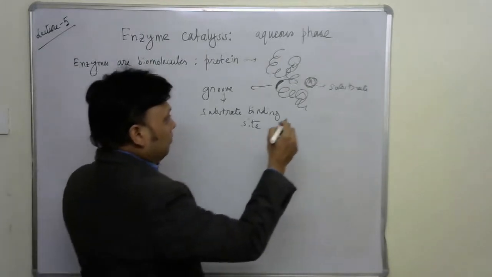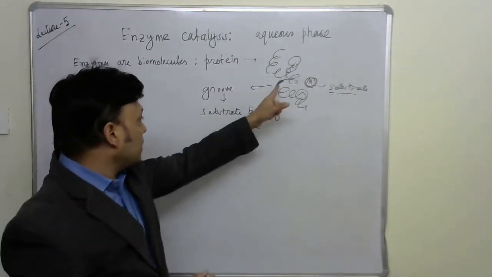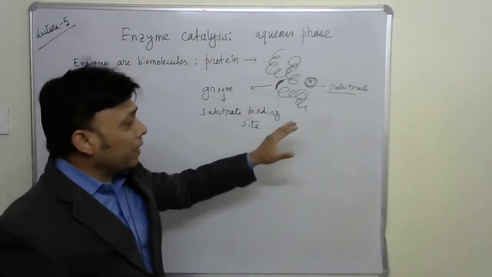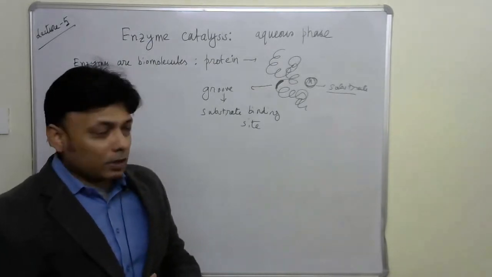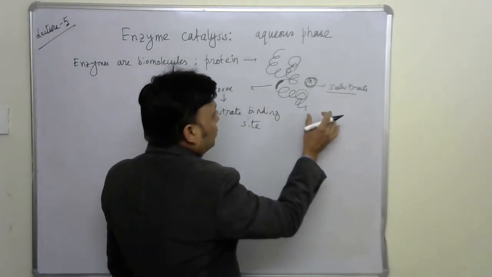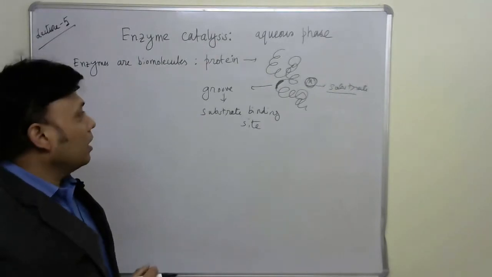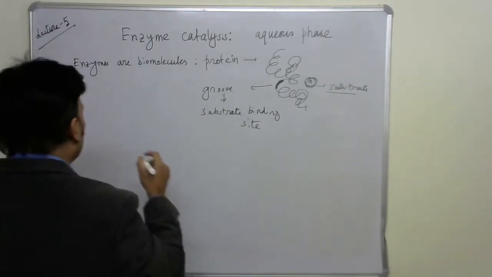If the molecule doesn't bind to the substrate site, or it goes into any other place, the transformation, that means the catalysis, won't take place. So this groove is very specific to the geometry of the substrate, and therefore enzyme catalysis goes through